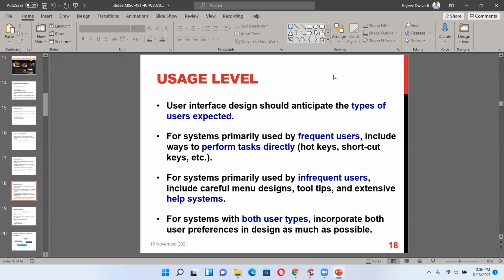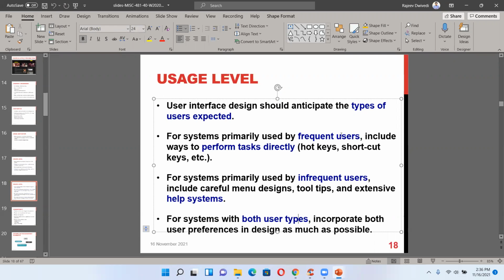For systems primarily used by frequent users, include ways to perform tasks directly, hotkeys, shortcuts, etc. For systems primarily used by infrequent users, include careful menu designs, tools, tips, and an extensive help system, so that even infrequent users can learn quickly to use the system.